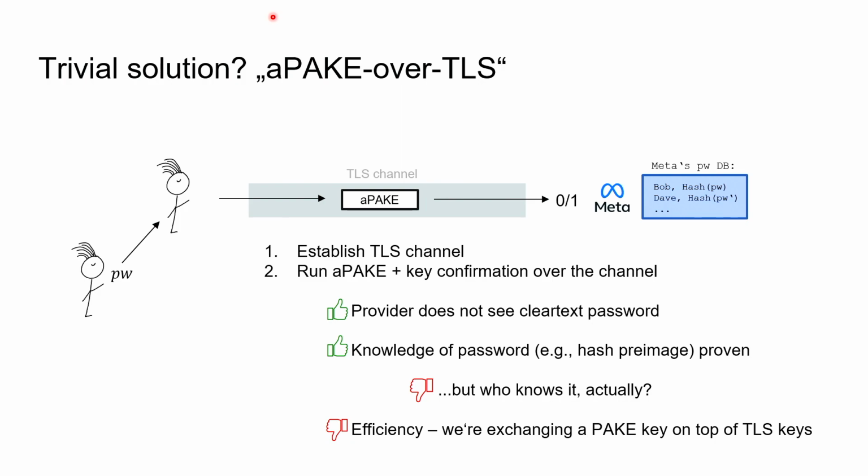And the other downside is efficiency. So I told you before, it might have looked already a bit weird. We are exchanging a key, and then from that key, we are again deriving a bit. So is it actually necessary to exchange this key? Can we somehow derive this bit more efficiently, or do we have to go via this key?